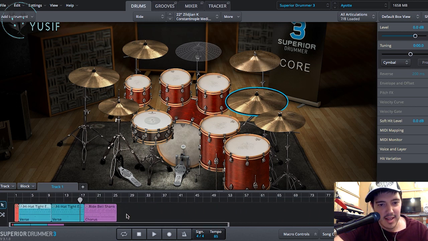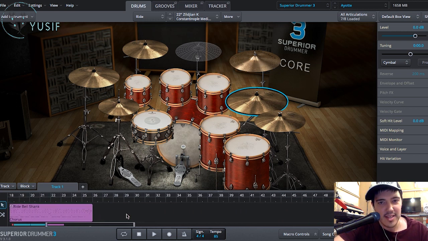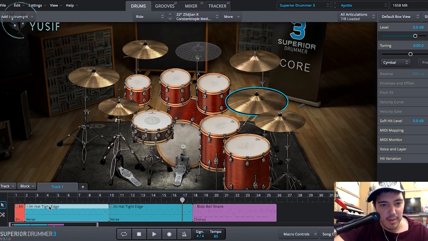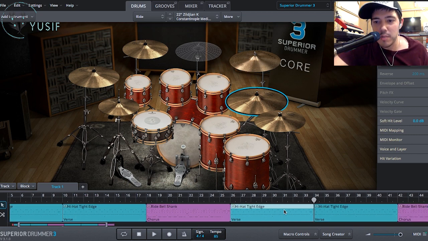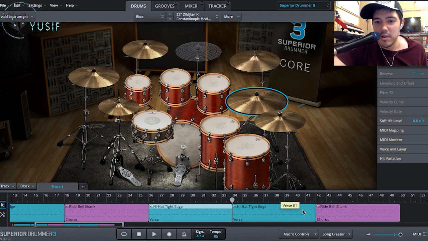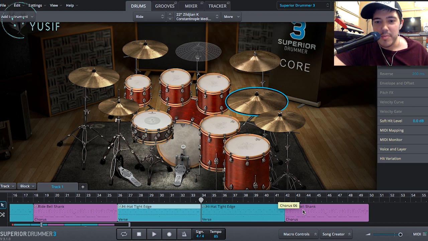This is nice. I can zoom out with the little trackpad, you can't see it, but anyways. There's a lot of little tricks you pick up in this Superior Drummer 3 software. Music production software on your laptop. Laptop music production, baby. Okay. So